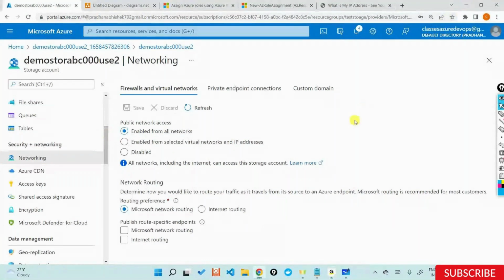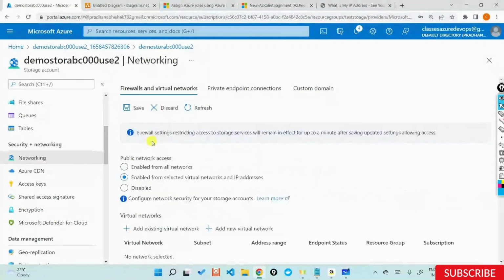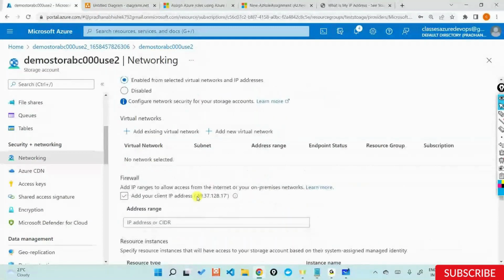Now, I am saying this is not how it should look. I want to enable access from selected virtual networks. We'll talk about what virtual networks and IP addresses are. Now I'll say I'm the only one using this service, and I'll select add your client IP, and